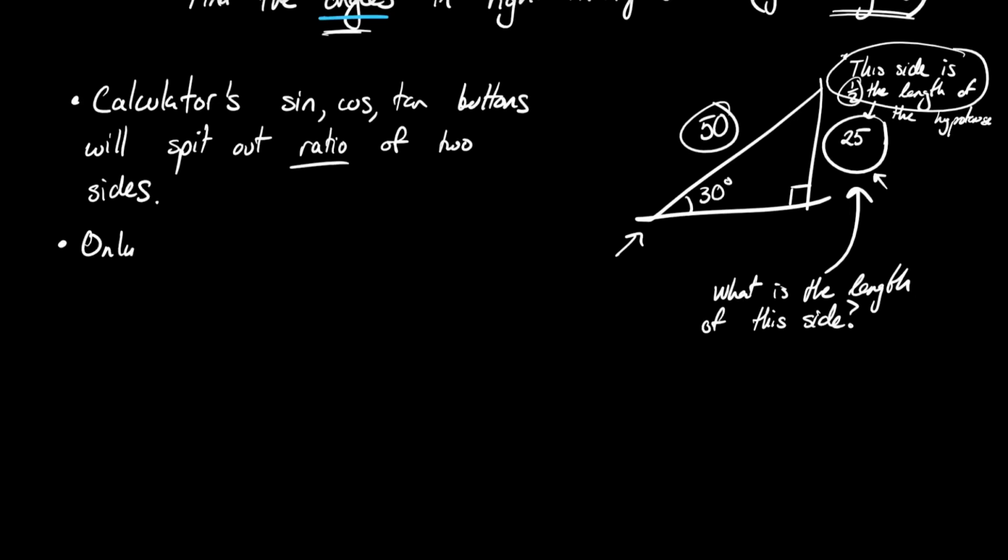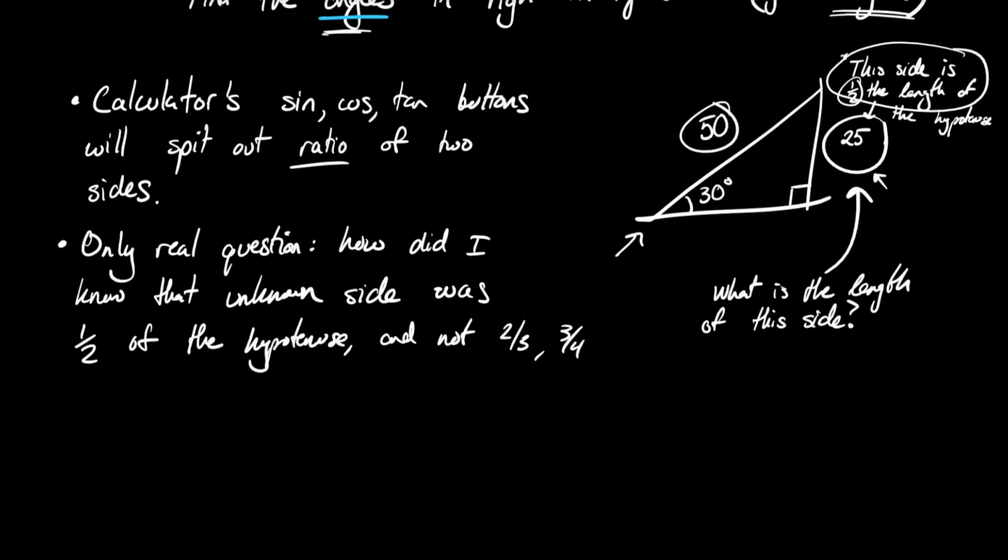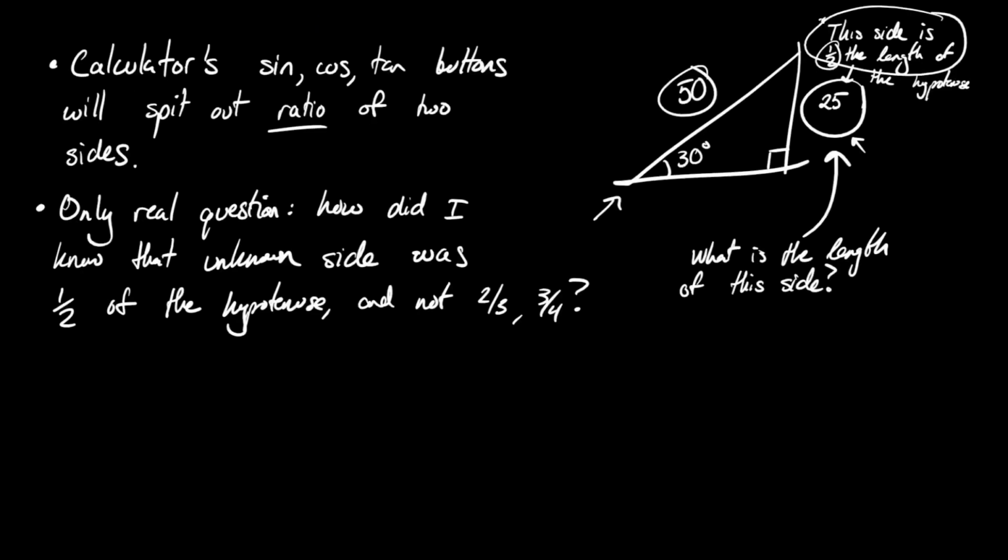So, the only real question is, how did I know, or how did I ask my calculator, that the unknown side was exactly 1/2 of the hypotenuse and not some other number like 2/3 or 3/4? How did I get that exact number 1/2? And it turns out the answer is, it's all going to be about knowing what buttons to press on your calculator to ask your calculator to spit out one of these numbers,